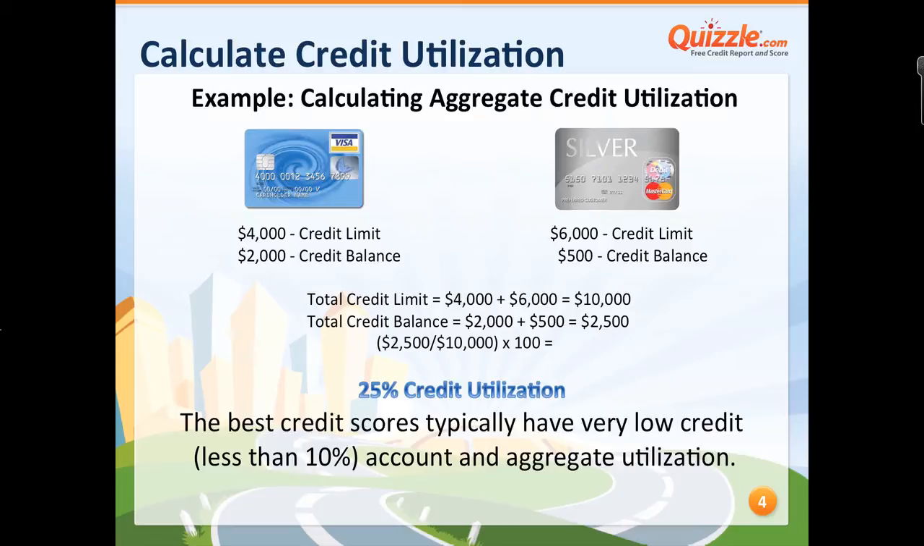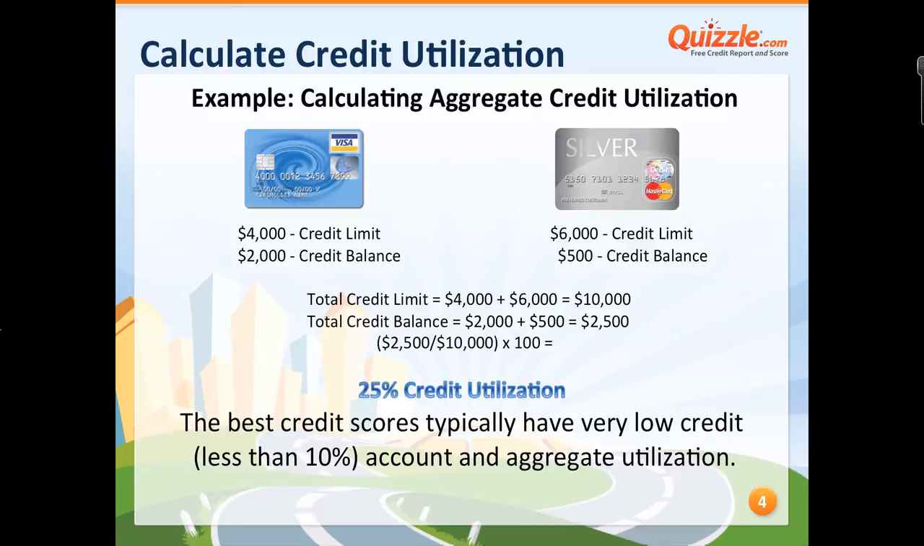Then we're going to look at the credit balance. We're going to take the 2,000 on the Visa, the 500 on the MasterCard. We're going to add those together, and we have a total credit balance of $2,500. Now we do the same credit utilization calculation. We're going to take our total balance, which is $2,500, divide it by the total credit limit, which is $10,000, and multiply that by 100 to get a percentage, and I have a total aggregate credit utilization across all my accounts